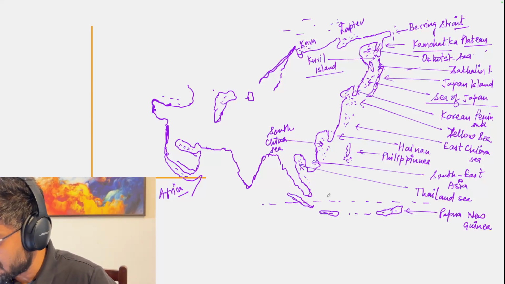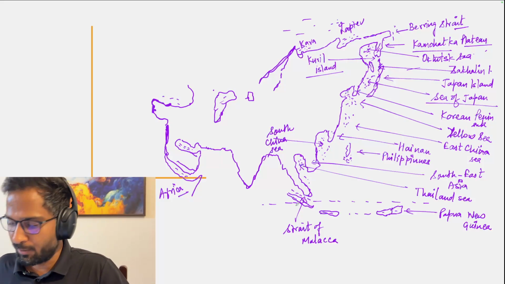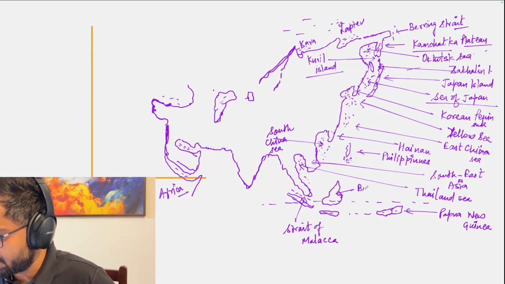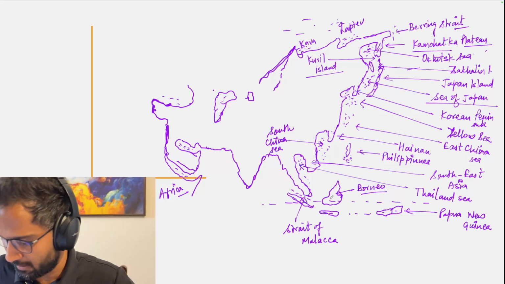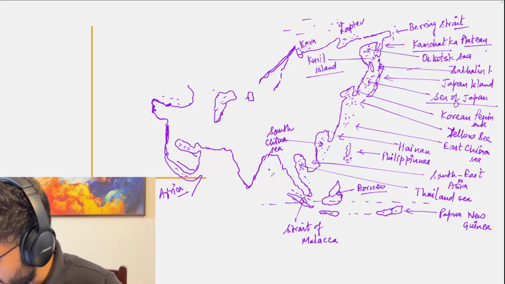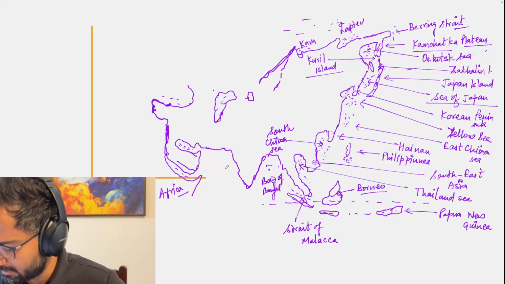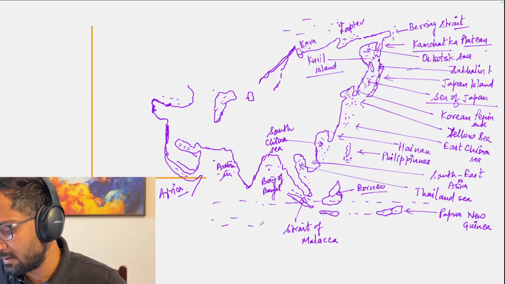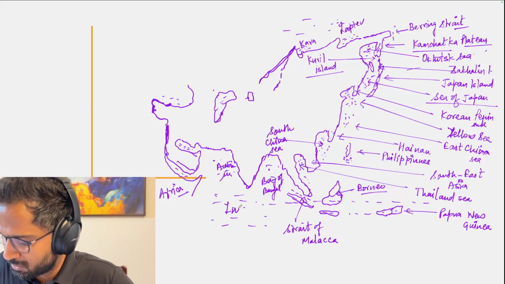So this I told you is Malaysia, here Singapore. Over here, this strait is called the Strait of Malacca, between Singapore and Indonesia. You must have seen an island called Borneo Island. The southern part belongs to Indonesia and the northern part belongs to Malaysia, right? Okay, and then obviously this is the Bay of Bengal, and this part is the Arabian Sea. The south of the Indian Peninsula, the ocean is the Indian Ocean,